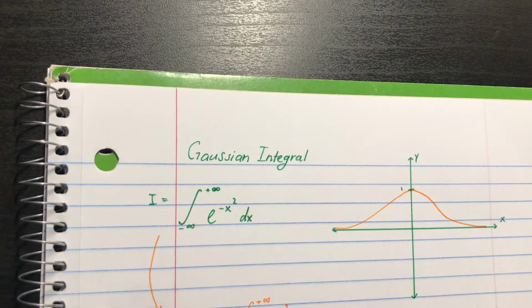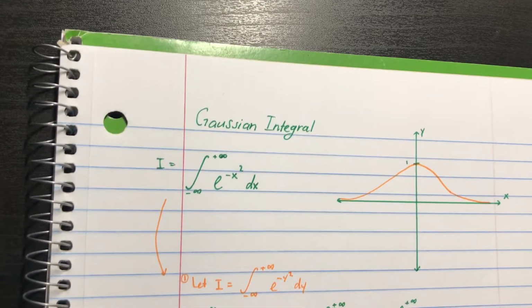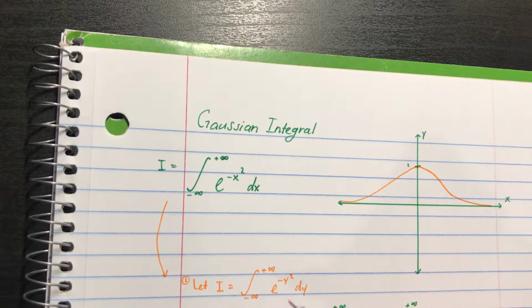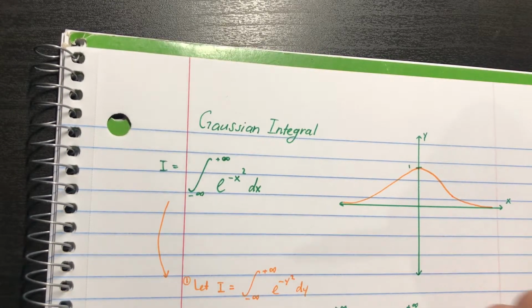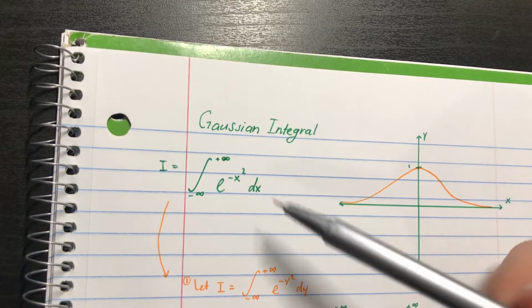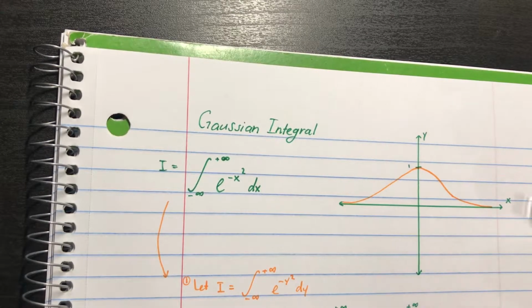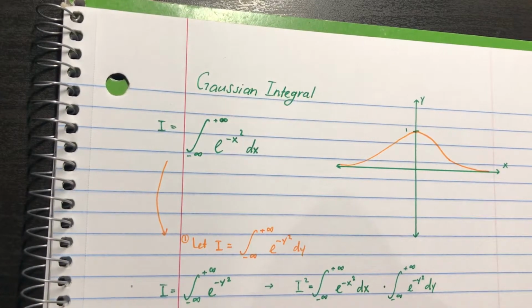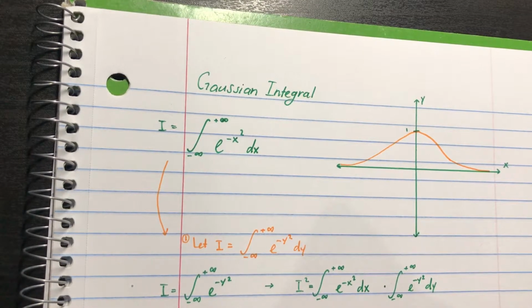So the first thing that I'm going to do is let I equal the integral from negative infinity to positive infinity of e to the negative y squared dy. Now the reason that we're able to do this is because we've just set this up as a dummy variable, and we're assuming that these two integrals are the same. So basically what we have here is our original statement in terms of y, and when we square that we can